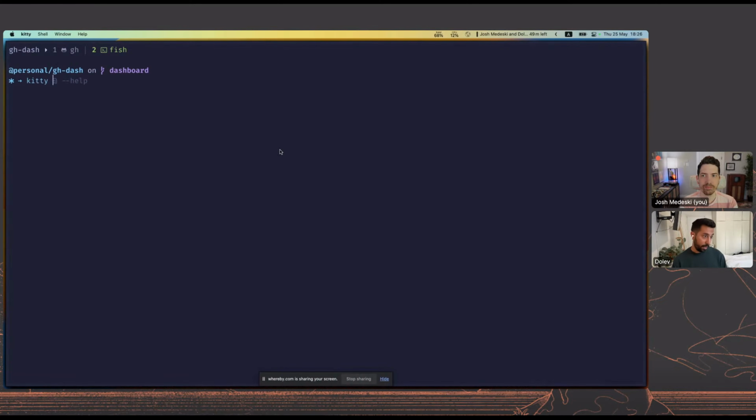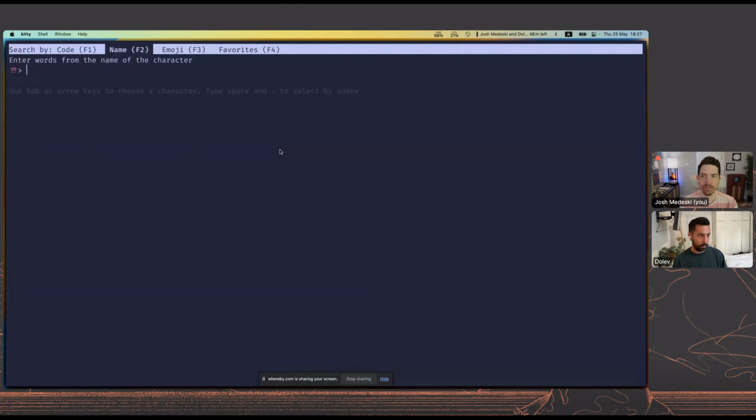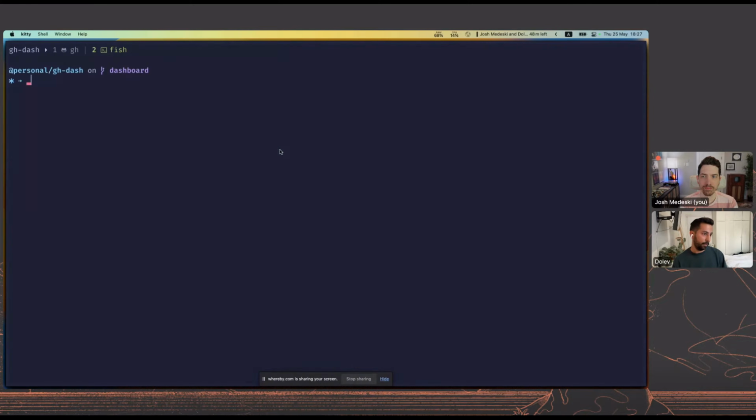And then I have some stuff for SSHing to my server, which uses a kitten as a plugin for Kitty. And I also have Control-Shift-U, which lets me choose a symbol. If I develop a CLI app, I tend to use that a lot. But other than that, pretty much Tmux takes care of everything else.